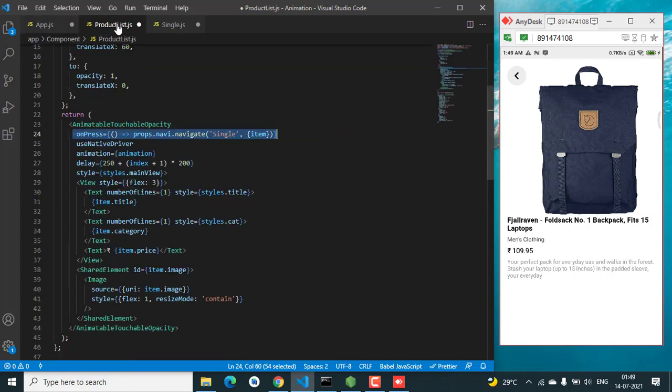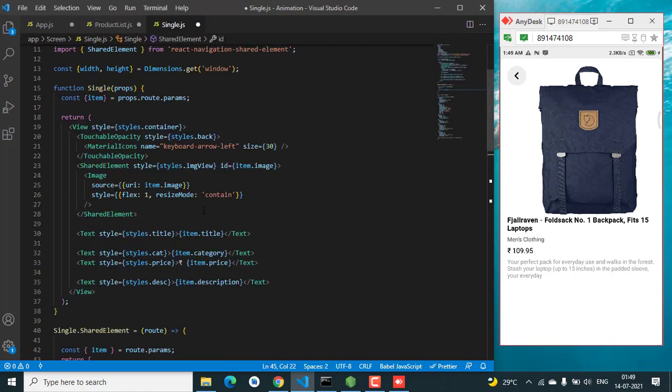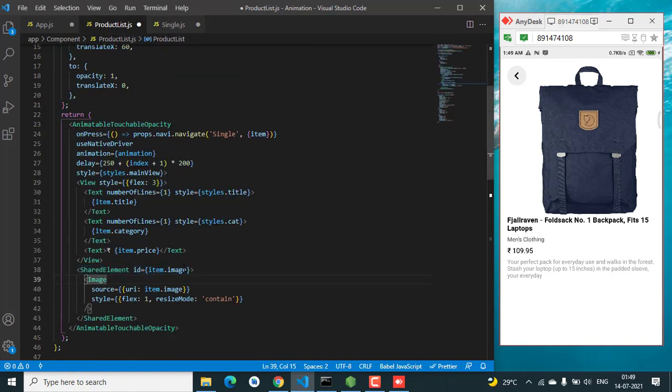So we just need to enable screens, and replace createStackNavigator with createSharedElementStackNavigator. We need to wrap the image or the text we want to animate from one screen to another with the SharedElement component, and we also need to wrap that particular thing in the other screen. So we are wrapping the image, specifying the ID, and the same ID we are using over here, item.image.